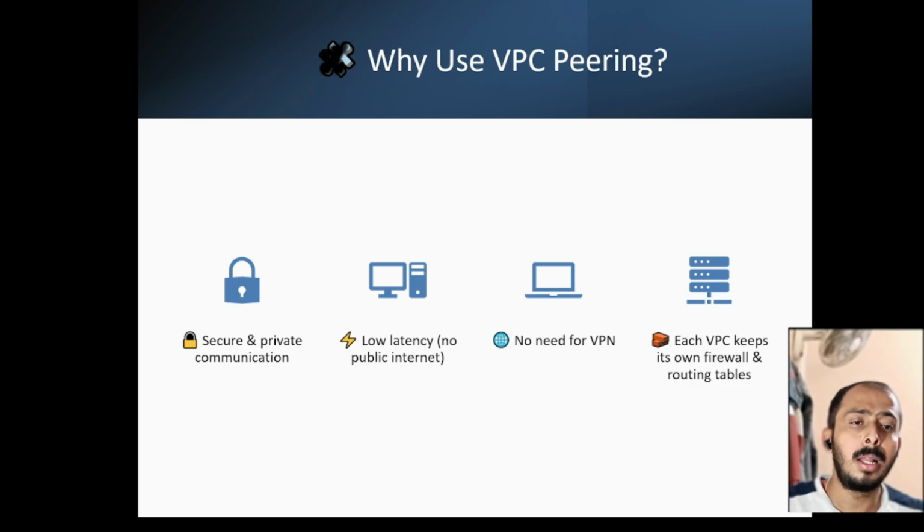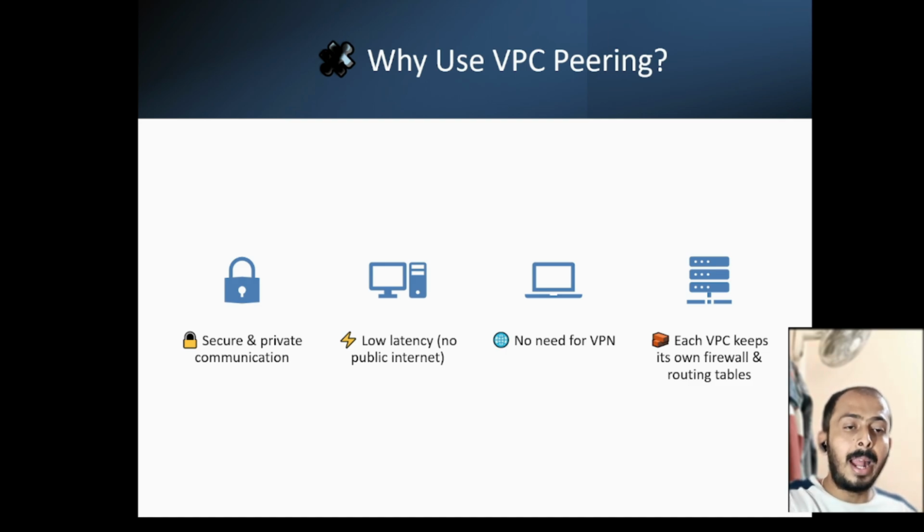So I'll give you an example of how you can set up a peering. Let's say VPC network A sends a peering request to network B. The admin from network B accepts the VPC peering request, and after that B will send a request to A, and A will accept that request. Once both sides have accepted the peering request, the VPC peering will become active, and then both can communicate